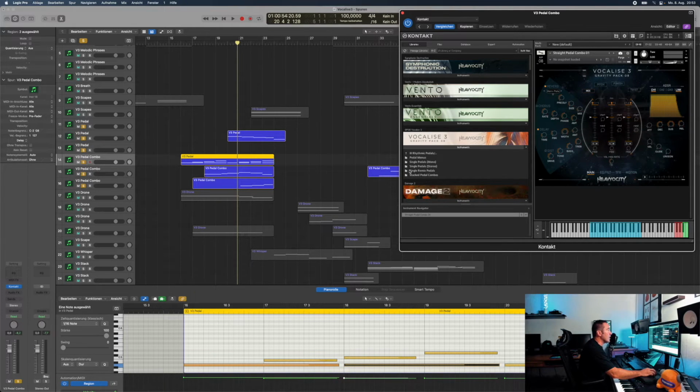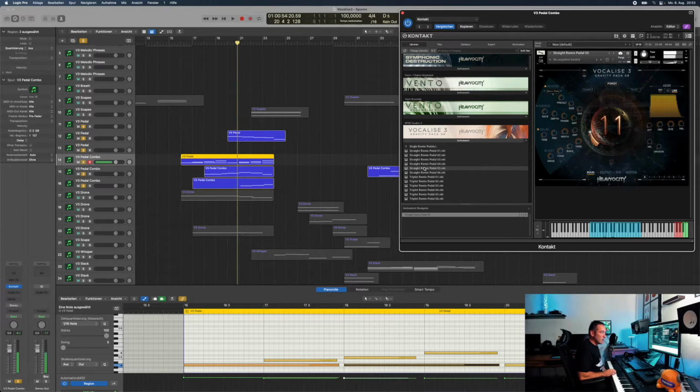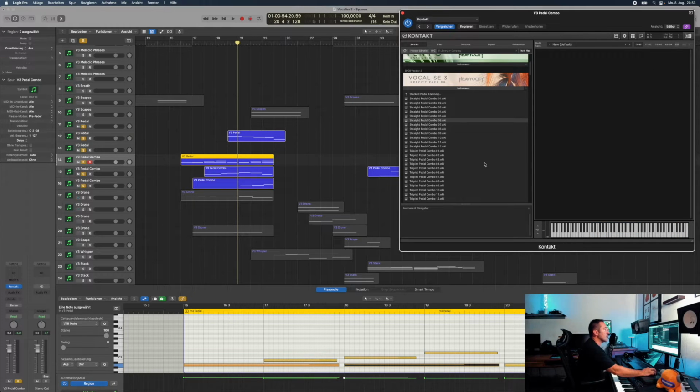Then obviously there are even, let's change this quickly, there are even remix pedals which give you the very cool sound design of Heavyocity. So there is so much to play with. Everything in straight or in triplet. And talking about the pedals, there's then the remix and the stacked pedal combos, which is what I told you before, which is then the 3-channel instruments.